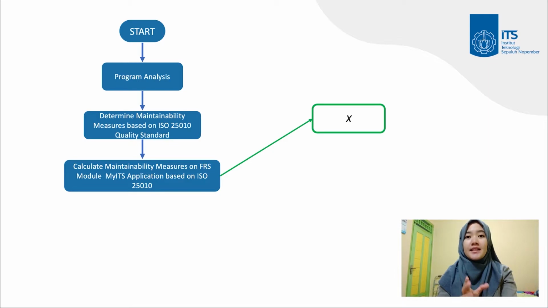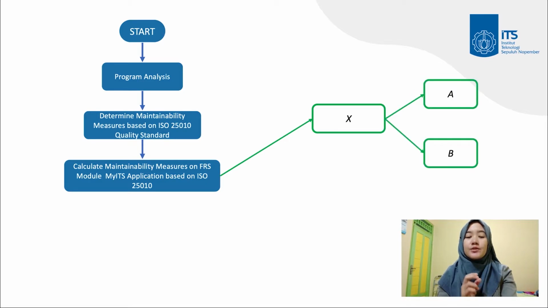Before getting value X, the required variable values A and B are calculated using the formula. Values A and B can be found with the help of important values as specified. The specific formula for each sub-quality is contained in the ISO 25010 document, which can be accessed online through the ISO website. The formula for each sub-quality is not included in this paper because the information is not public.